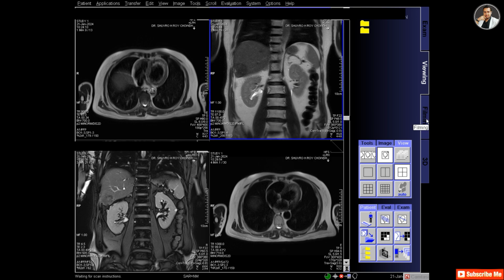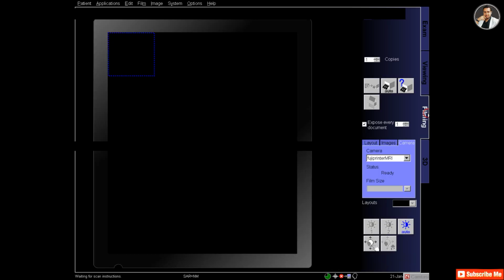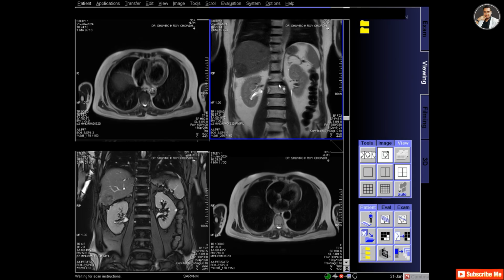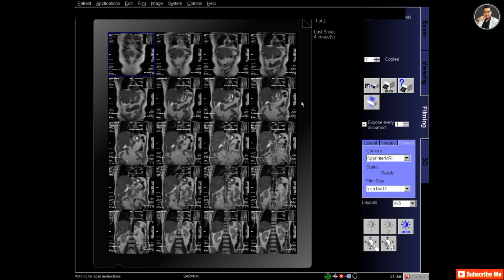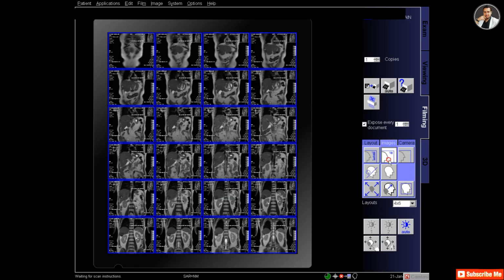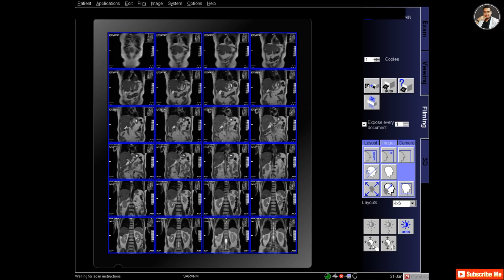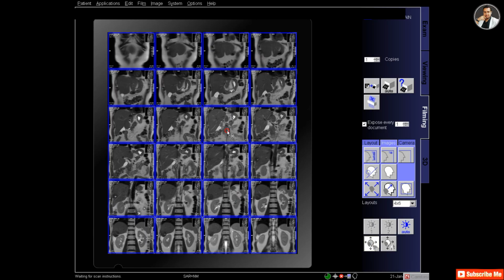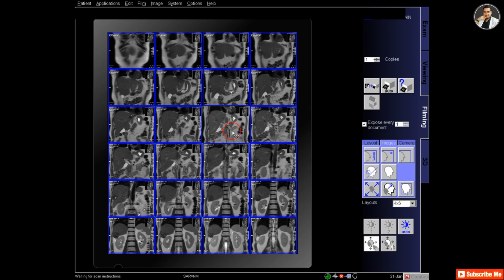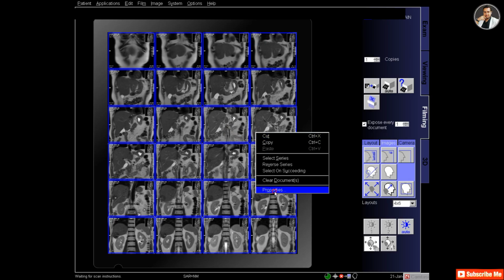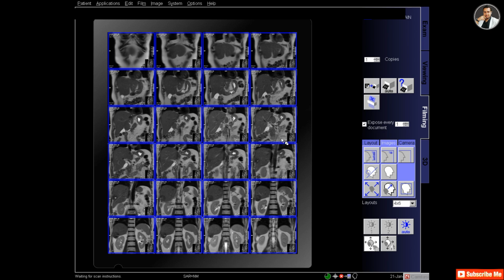Select the T2 coronal series and send it to the filming, and now go to filming, and in the filming I have to change the layout to 4 by 6, and also adjust the images to fit the segments, and I am keeping the reference image in all the segments at the bottom right corner, and adjusting the contrast of the images.